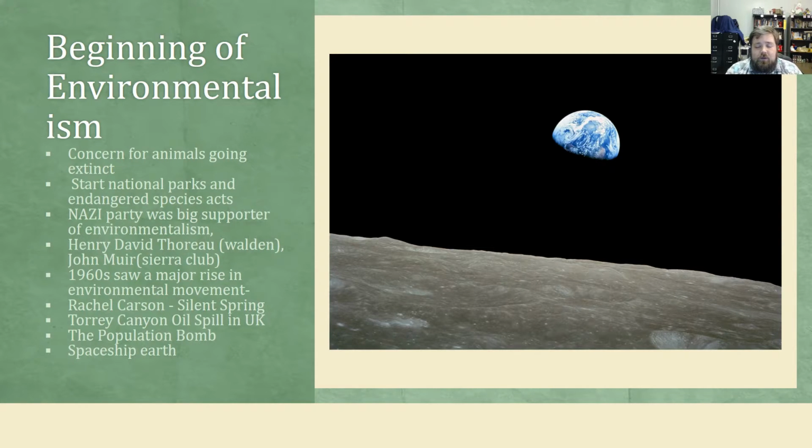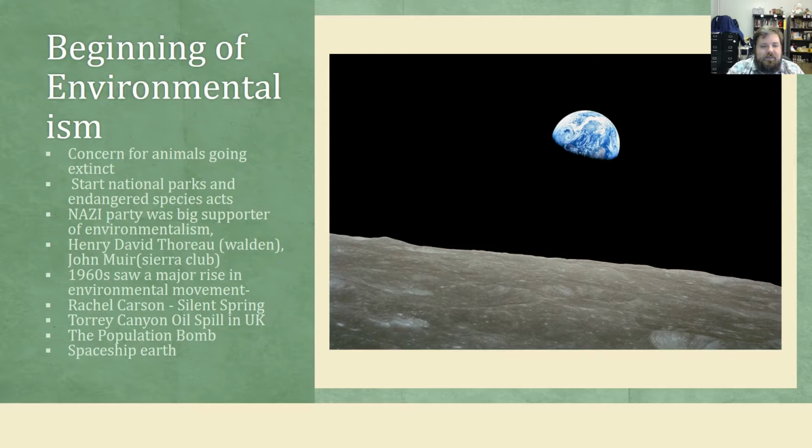Teddy Roosevelt, President Theodore Roosevelt, was really concerned about this. He was a fairly large conservationist. He loved the land around him. So he started to set apart national parks and create things like the Endangered Species Act to set aside nature for nature's sake, as well as trying to protect a large deal of the environment that was around us,